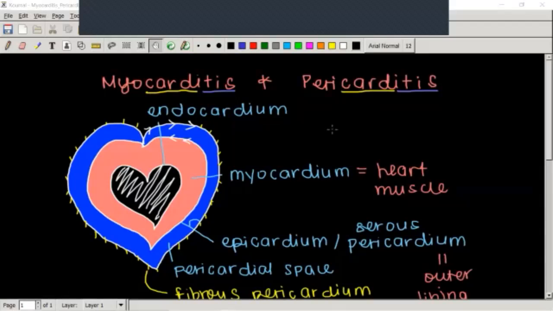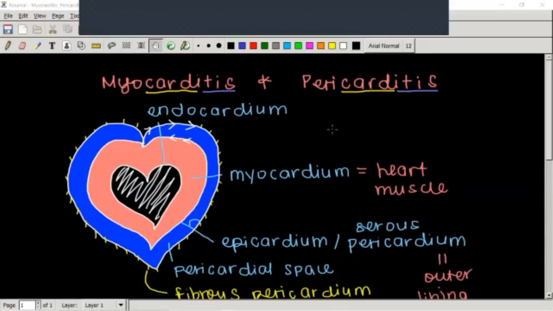So today we'll study myocarditis and pericarditis. Cardi comes from cardio, from heart, and itis is an inflammation. So it would be the inflammation of the heart. We have myo and peri. Myo comes from muscle and peri comes from like perimeter and